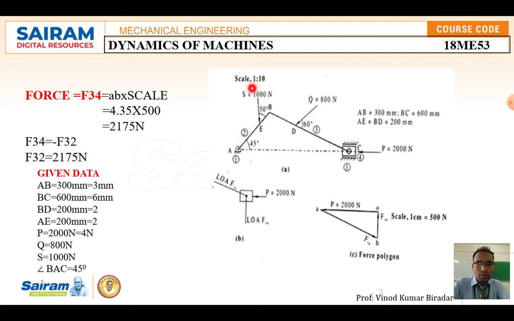If you draw one force, that force is equal to 1000 Newton with an inclination angle of 50 degrees. Keep the protractor here, measure 50 degrees, and at a distance of 200 you draw one force, that is 1000 Newton. Similarly on this side, BD is equal to 200 mm. Keep the compass at point B, cut one arc, and you are going to get one force at an inclination of 60 degrees, draw one force, that is 800 Newton. So this is the complete description of the diagram.